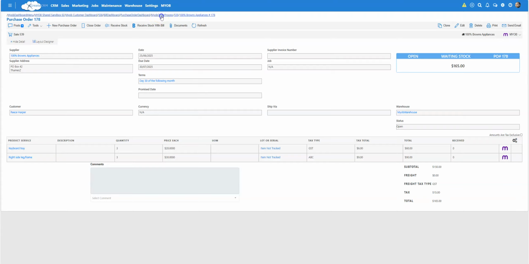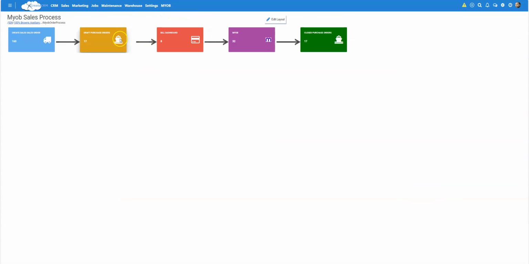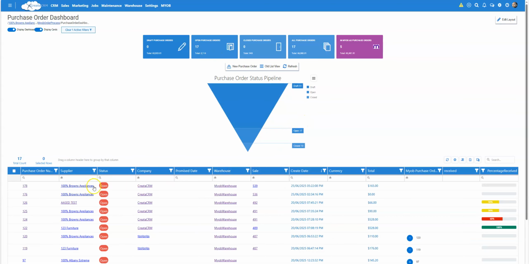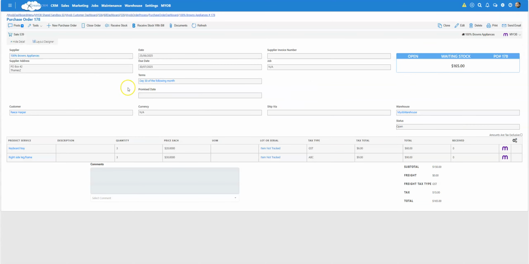So in the process here, you've got the section where you're in drafts, and we've now moved it to waiting for stock, which is this section here. So we've got here percentage received. There's nothing being received in this section here. So we then will go back to the purchase order, and we've received stock. So let's receive